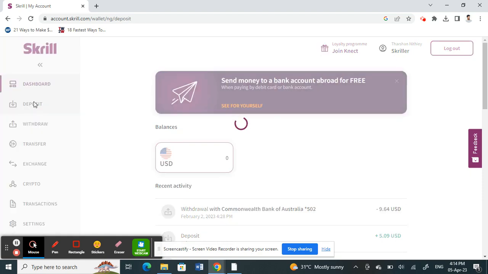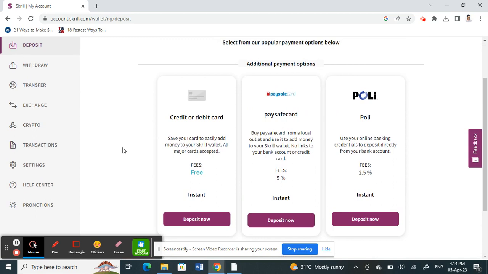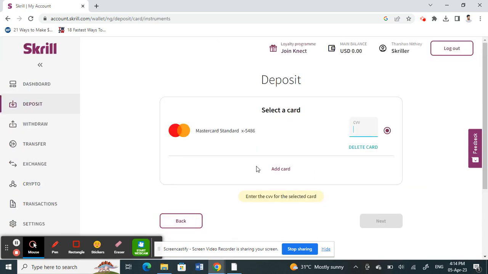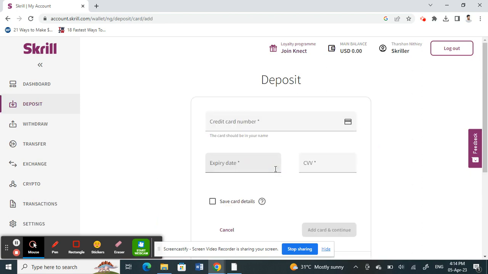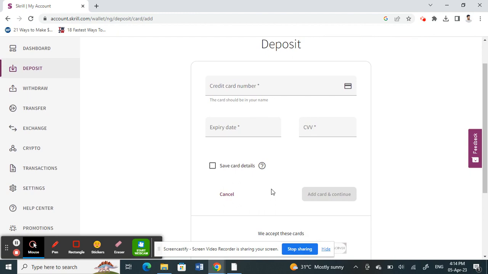So click on deposit. When you click on deposit, you have three options here. Choose the debit or credit card option, because that's how we can add our card, so bank card. Click on debit or credit card, and here you'll have an option called add card. Click on add card, and now this is where you insert all your card details, your card number, all